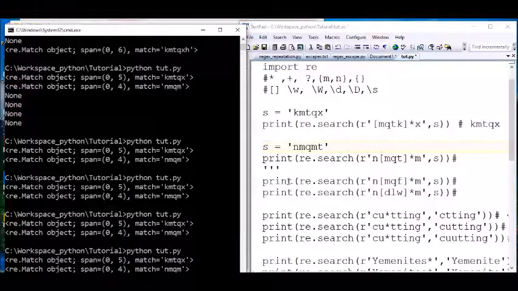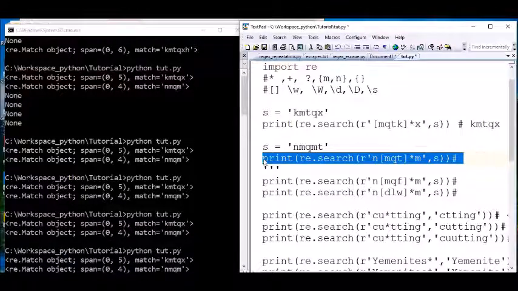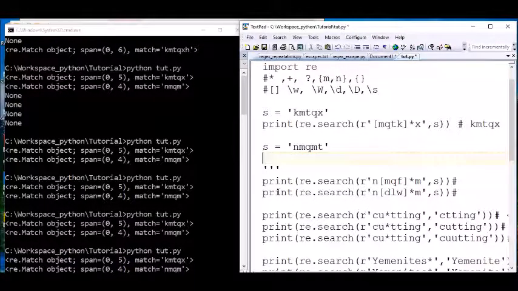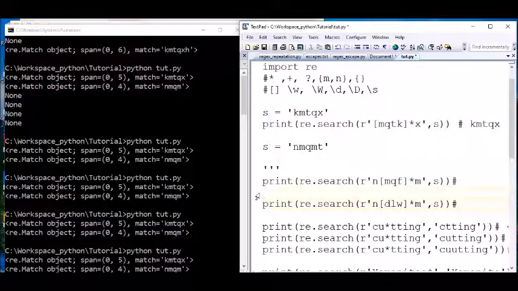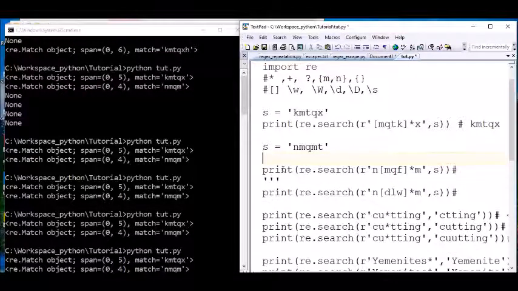Correct. Now let's delete this one and put this one here. Let's put this one here again. Let's search. This is the Regex pattern you're looking for. Looking for N. Well, N is here. Now we have a set. You have to match the set with the qualifier here. It's M there. Q is here. M.